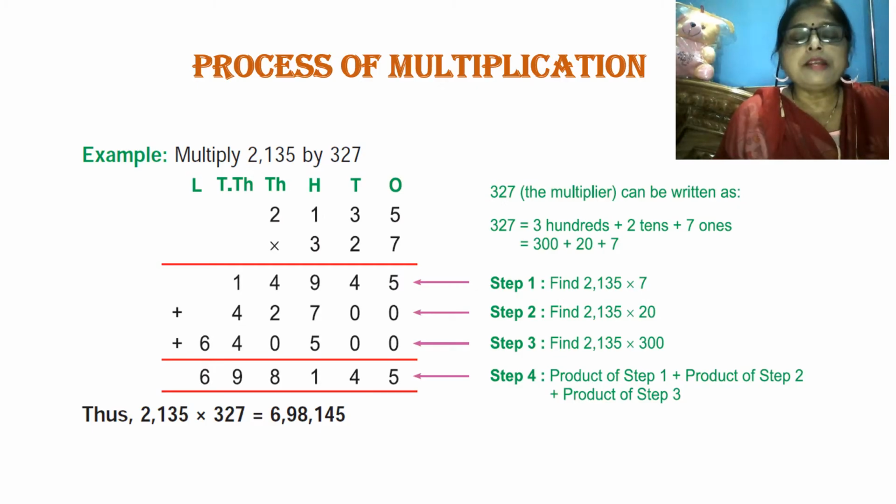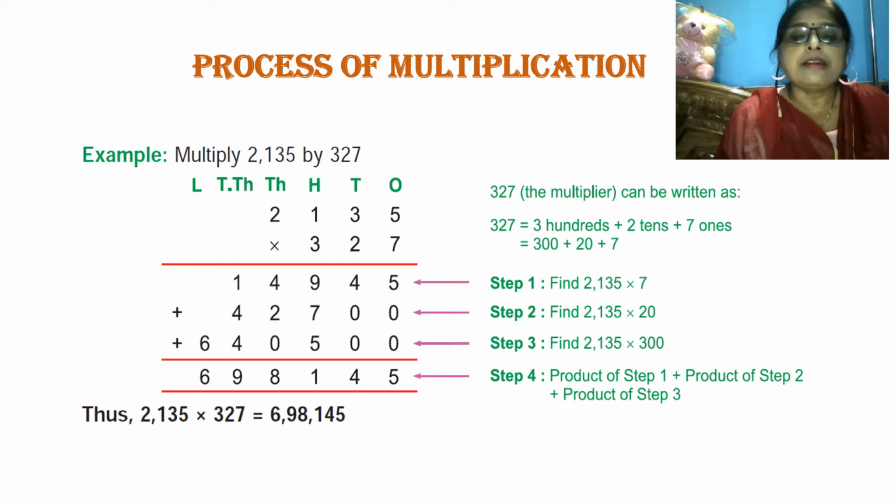Now, in this slide, we will see the process of multiplication. How multiplication can be done, how it is solved. So, here an example is given. Multiply 2135 by 327. First, you arrange it according to the place value. Write 2135 according to the place. Then next is 327, and you multiply by 327. So your step first: 2135 will be multiplied by 7 and here your answer is